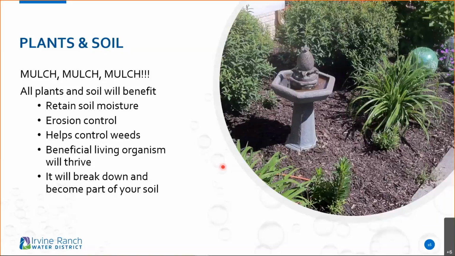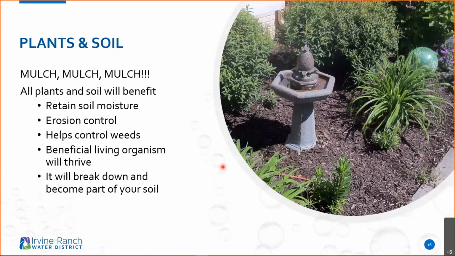Now, there are a lot of beneficial living organisms out there, whether they're insects and such. Sure, there are going to be some bugs that might want to eat certain plants, but that's why it's important to consider going native, with native plants that'll bring in beneficial insects and predators that'll take care of a lot of the pests we don't like in the landscape.